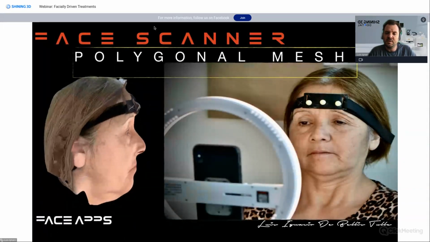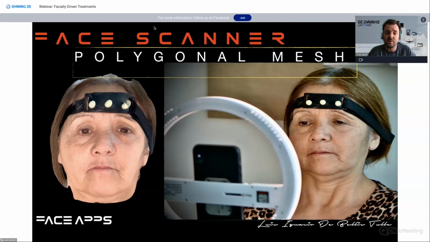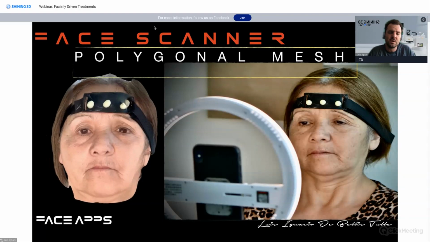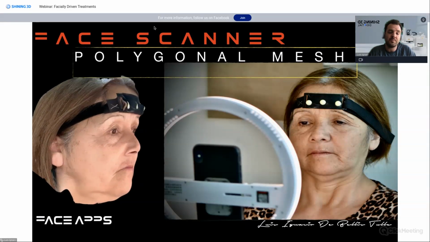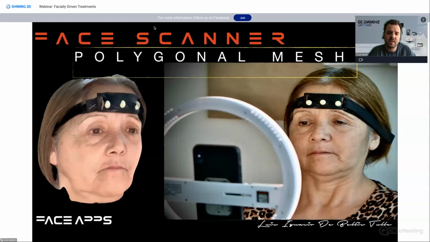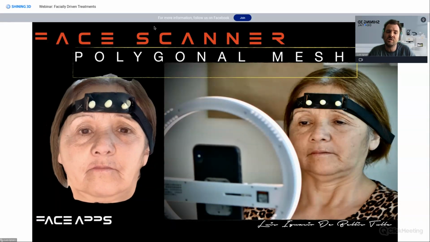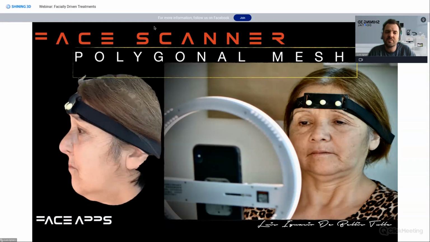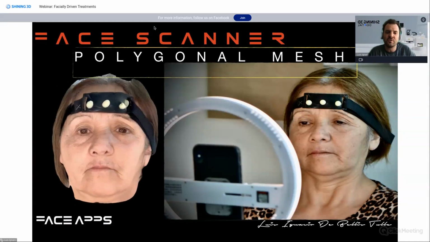Then we have this option, face apps. We can take face, as I told you, Belus is no longer on the market, but we used to use Belus with our front cameras. And what was the problem? We had a nice mesh, it was an even mesh, because the way that this app works is different. It's taking other things into consideration. But there are some problems that are common to almost every 3D scanning protocol for facial scanning,